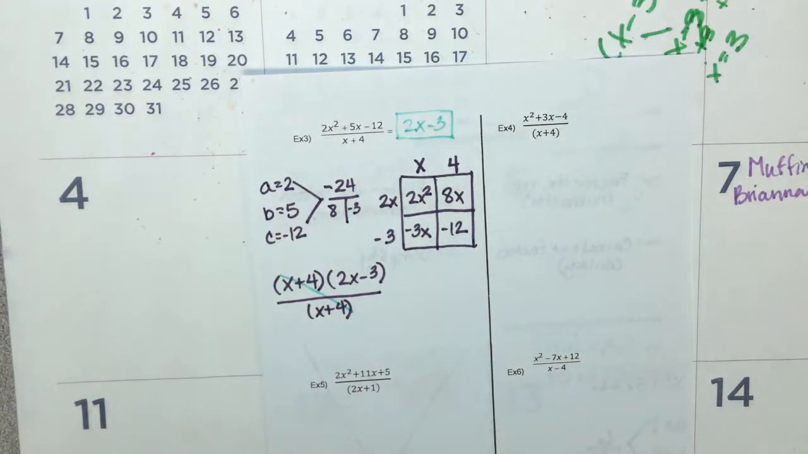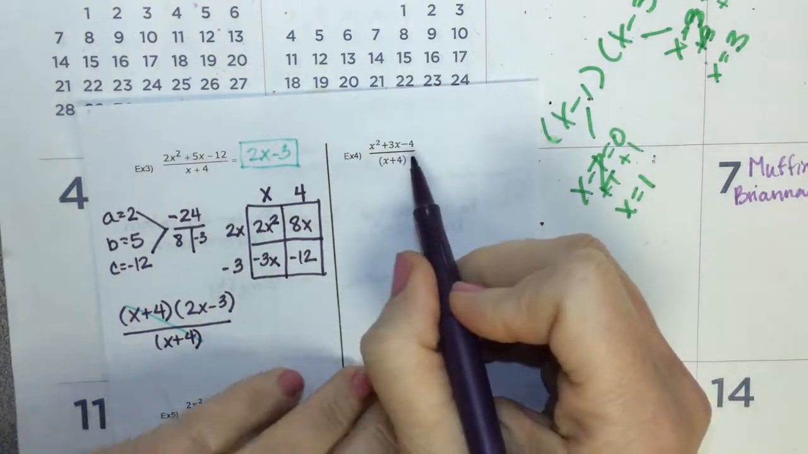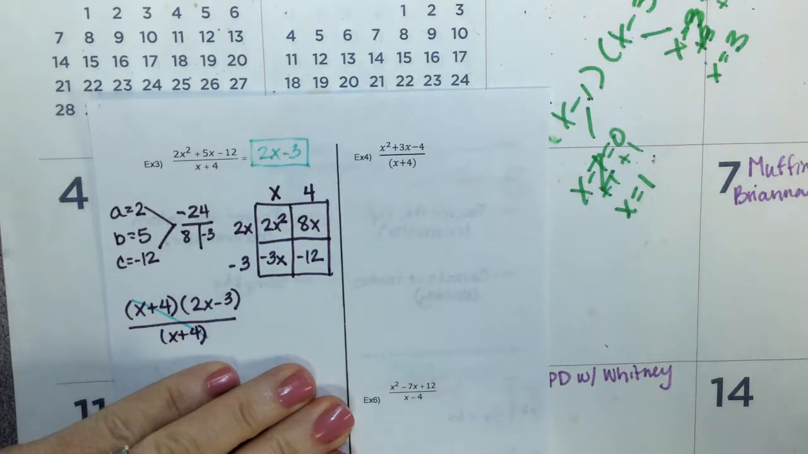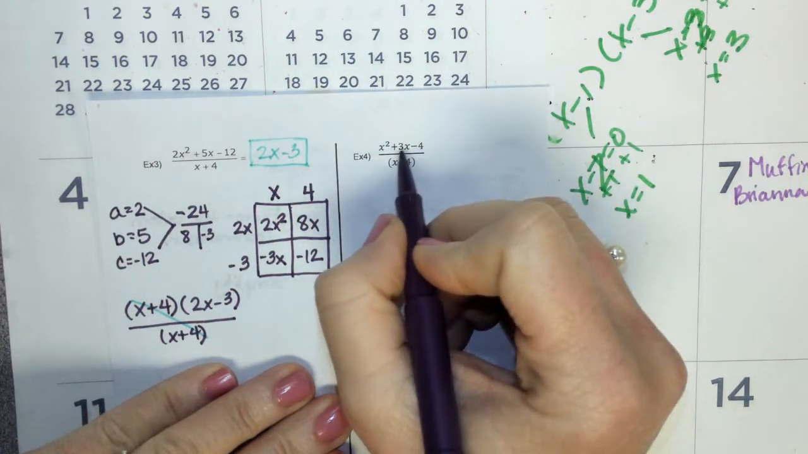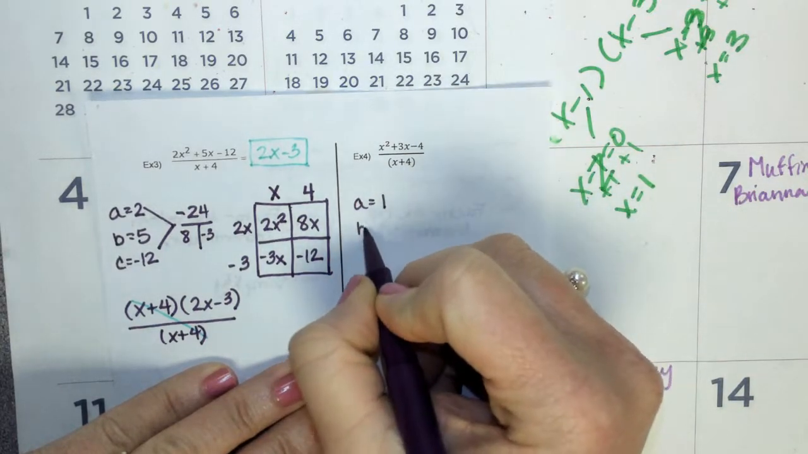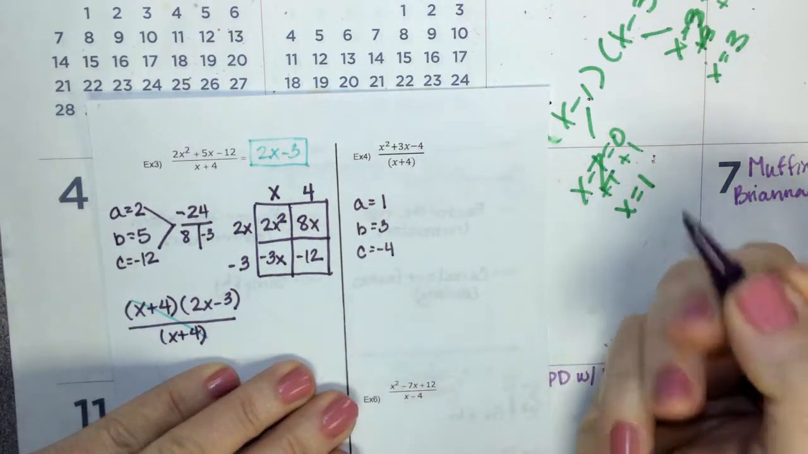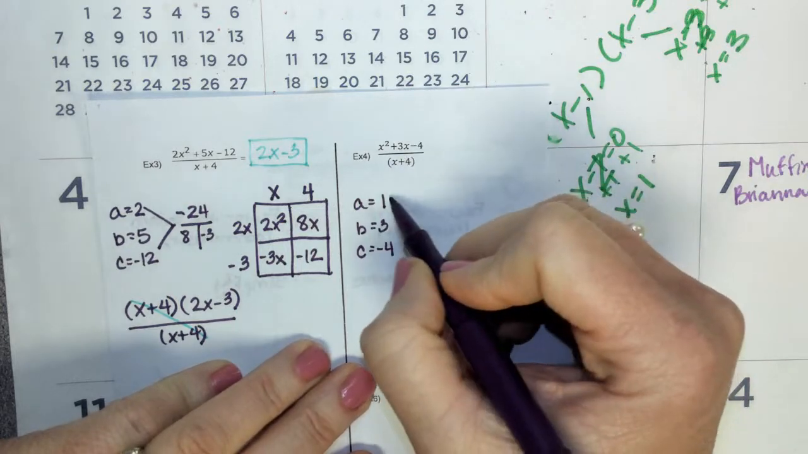Okay, so example 4. We have x squared plus 3x minus 4 divided by x plus 4. So I'm going to start by factoring the top. I don't have a greatest common factor other than 1, so I'll keep my equation the same. So I'll have a equals 1, b equals 3, c equals negative 4. Since a equals 1, I don't have to use the box method, so I can go ahead and do